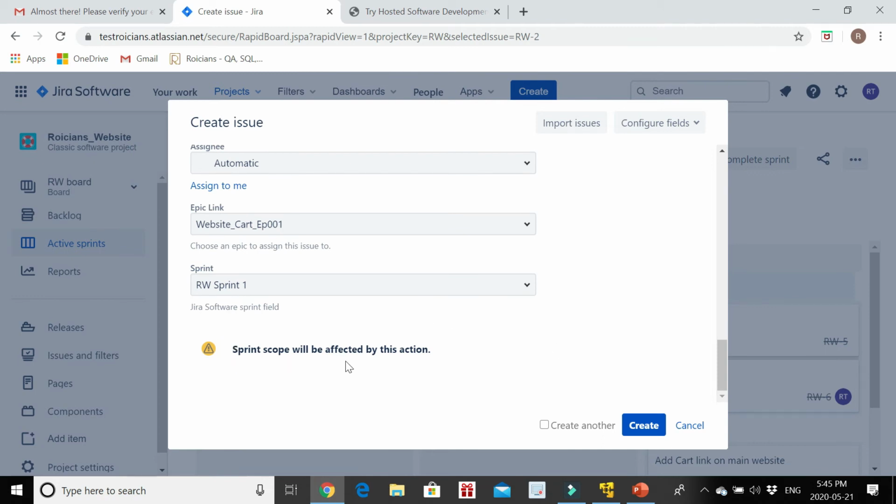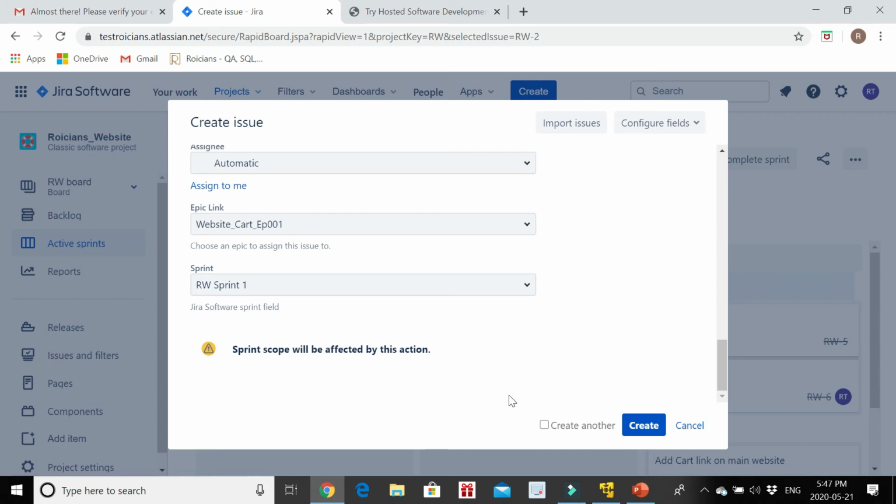Sprint scope will be affected by this action. Guys, defects, reviews, change of requirement, all these can control the process. They can change the scope of the sprint, although we cannot change the length of the sprint because we have already pre-planned all the sprints in a row. If we change the length of a particular sprint, our other sprints will be affected. We understand the scope can be affected and we have to work a little faster.